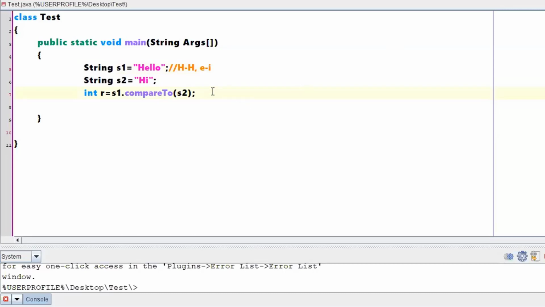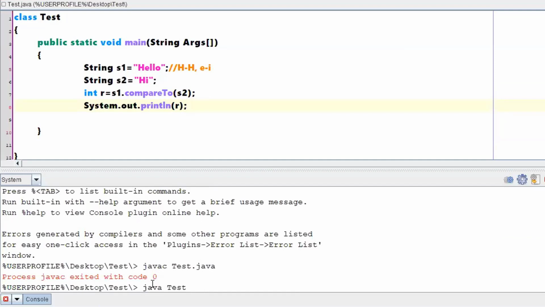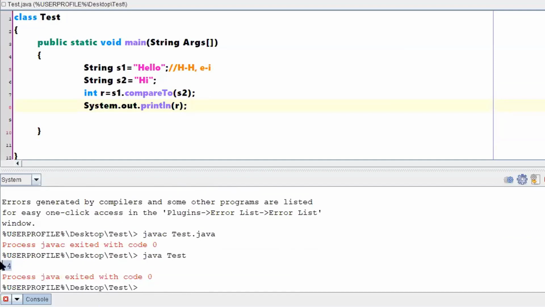What I mean to say is, when a comparison is done between E and I, we are saying that you will be getting a negative value. When we are getting a negative value, can I come to a conclusion that this particular second value is greater than the first value? System.out.println of r. Let us just cross check what value you got in that particular r. Compiled fine. It is showing -4. That means you got a negative value with respect to this particular comparison, right?